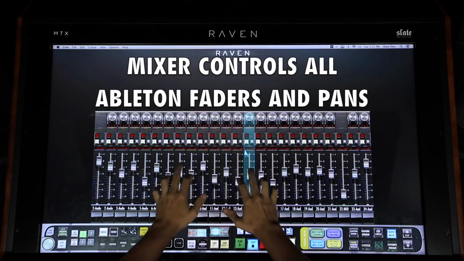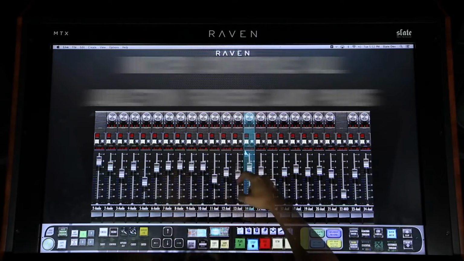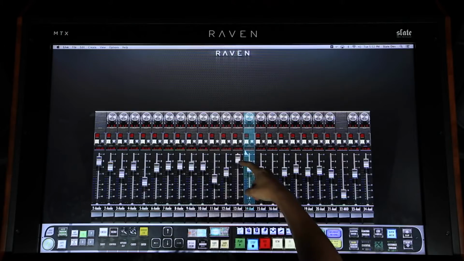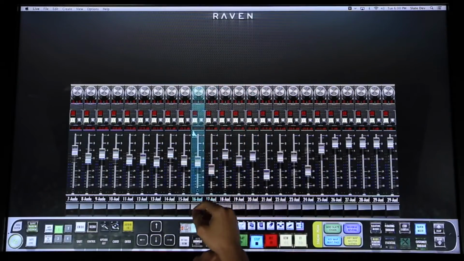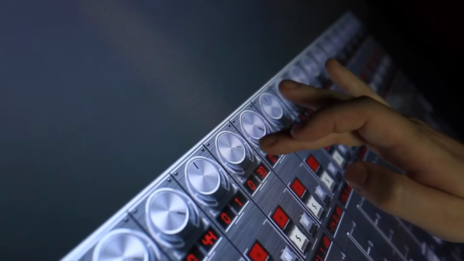The Raven software gives you access to 24 100mm multi-touch faders with instant response on its ultra-slick and smooth nano-glide surface. Banking to more tracks is just a swipe of the finger, and I have direct access to multi-touch pans